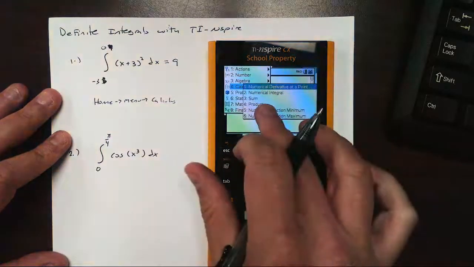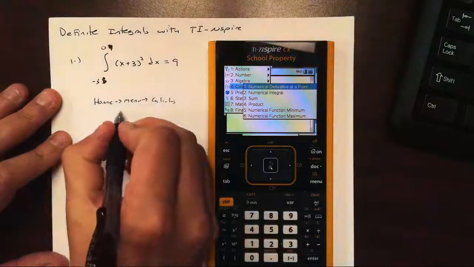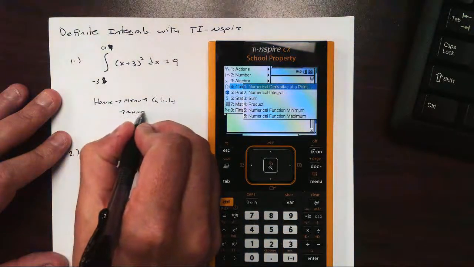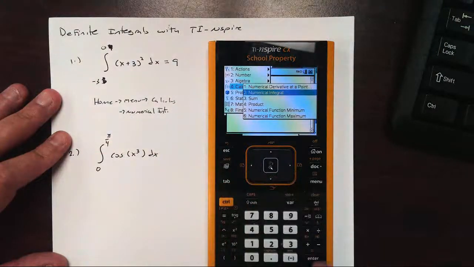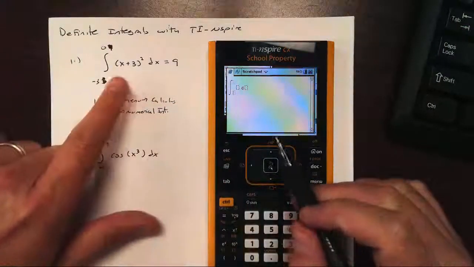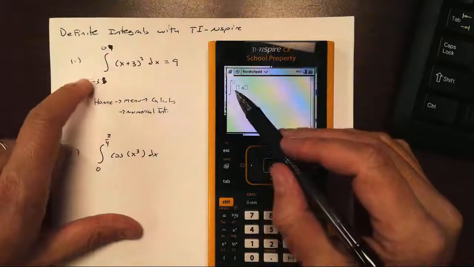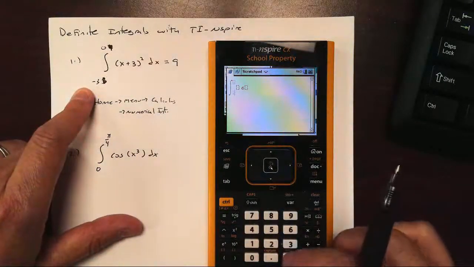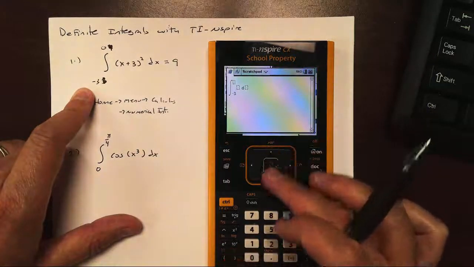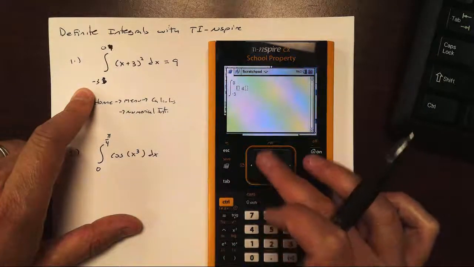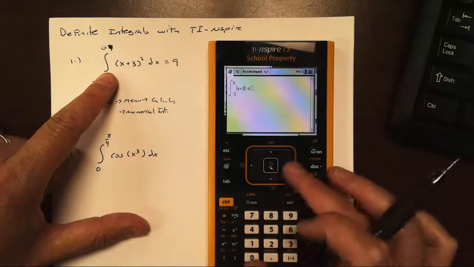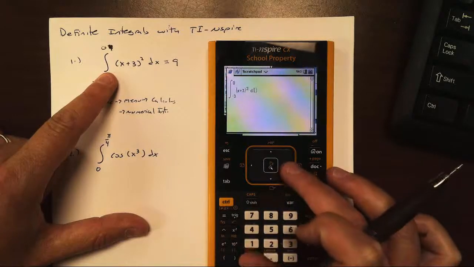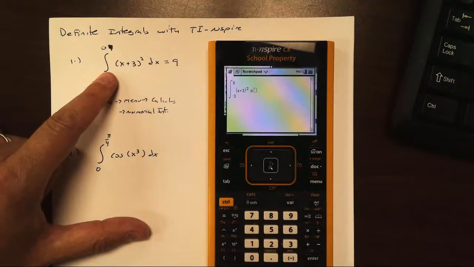press Enter, and we're looking at a numerical integral. This is a numerical integral. So I'm going to go down to number 2, and I just press Enter. And if you notice, oh look, it looks just like the problem. And I can just type in exactly as it looks. -3. Go up here, go to 0, type in 0, type in the equation, open parenthesis, x plus 3 squared, and over here, don't forget your differential, type in x, and I press enter, and it gives me 9